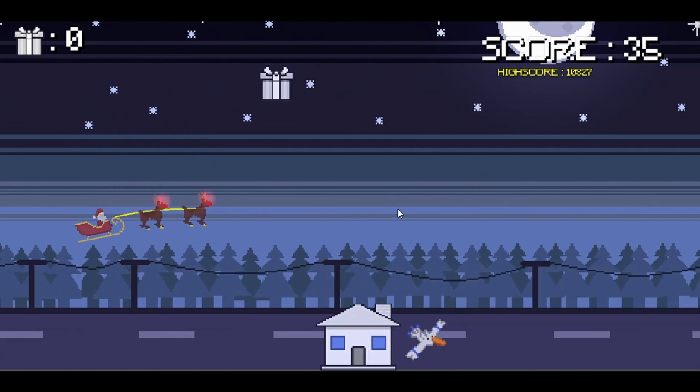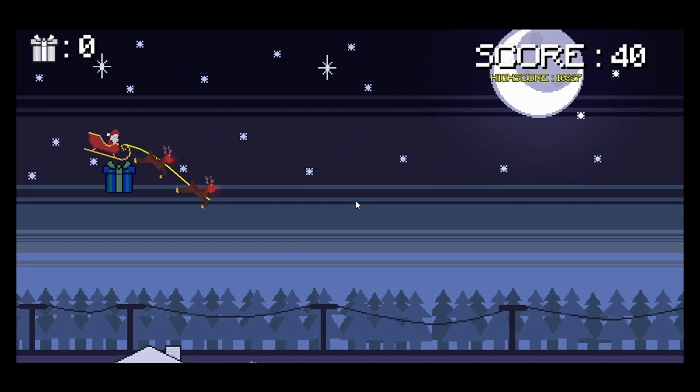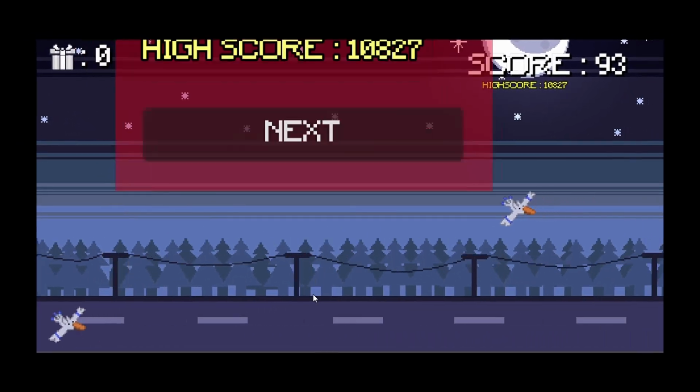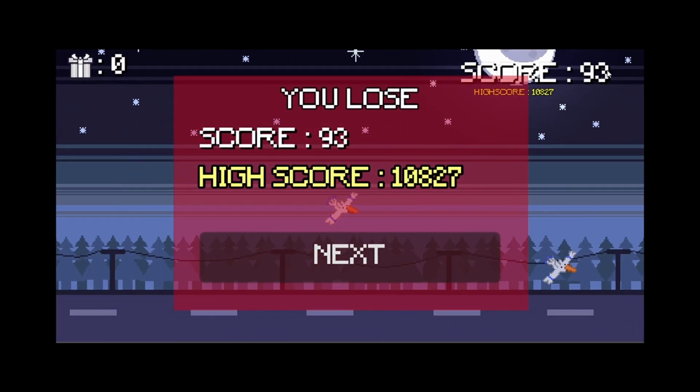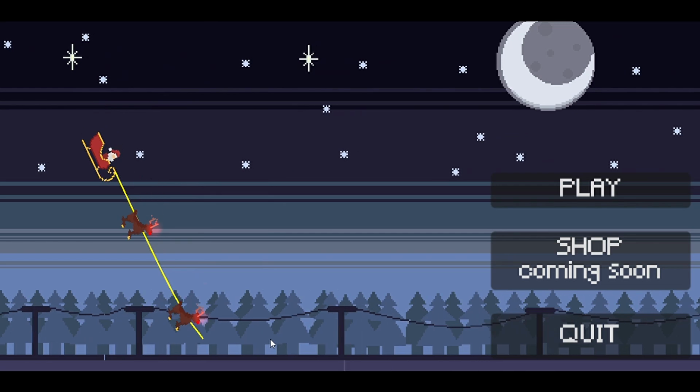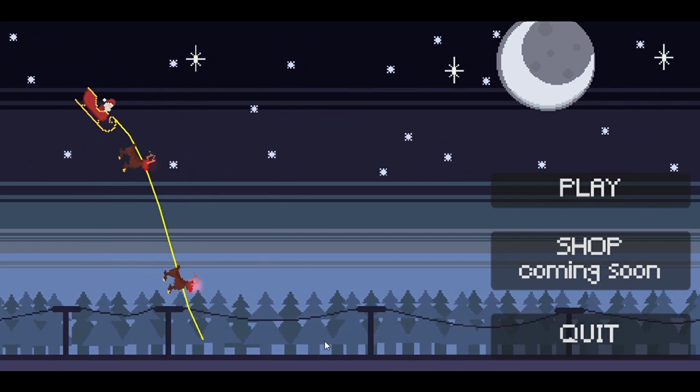Time for the boring part of game development, like adding menu and UI, because for some reason people don't like games that don't have menus and UI, so yeah. So I made the menu and UI and displayed your gift count and score,